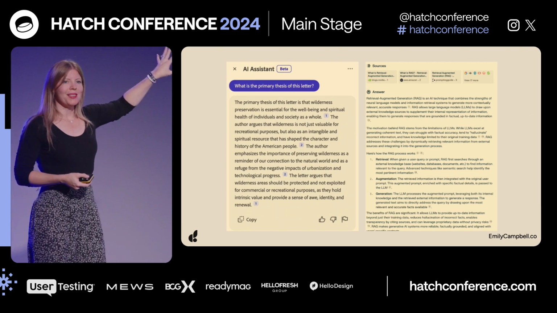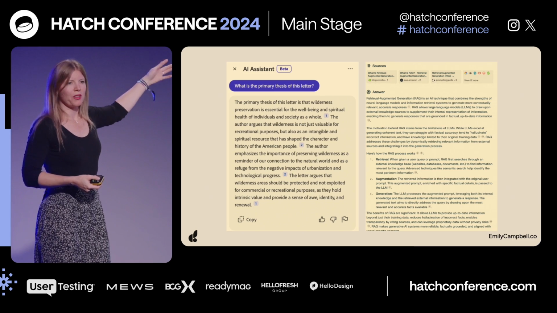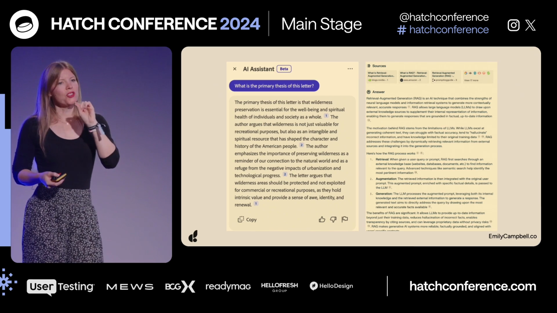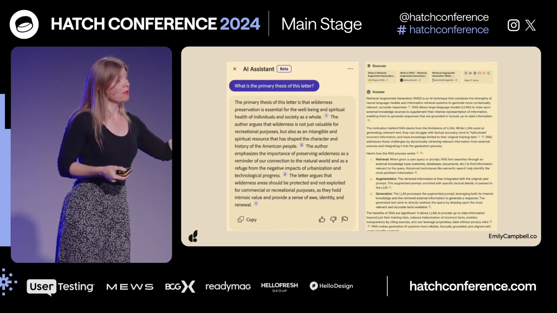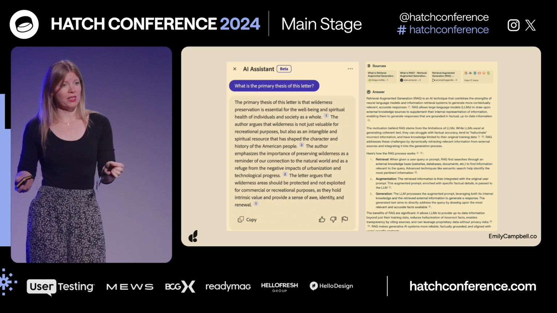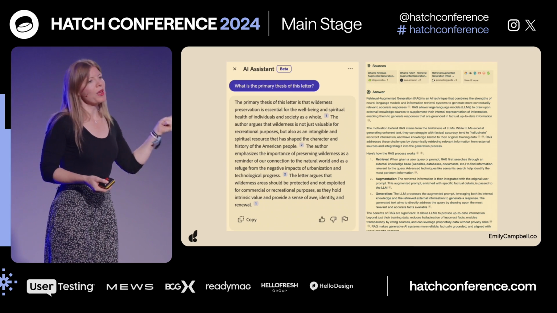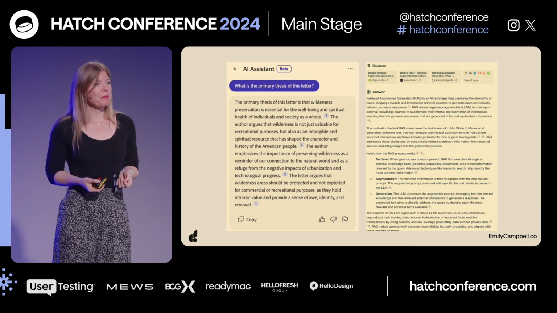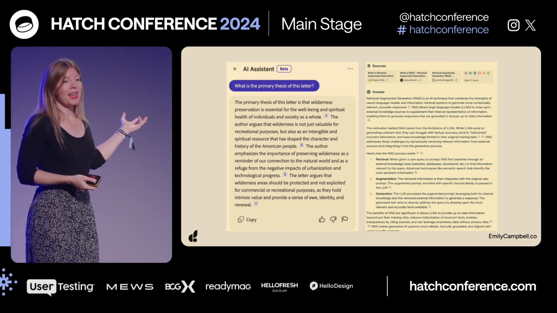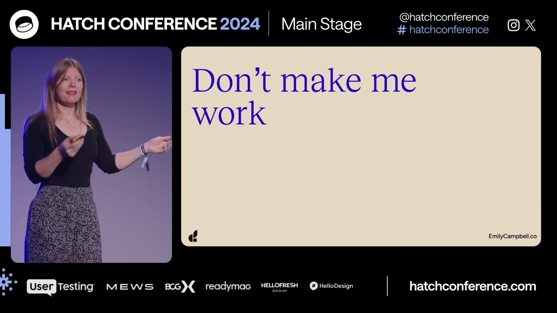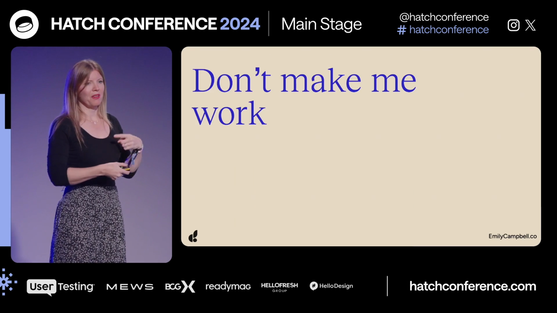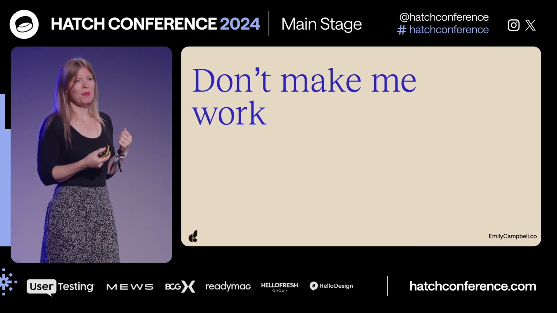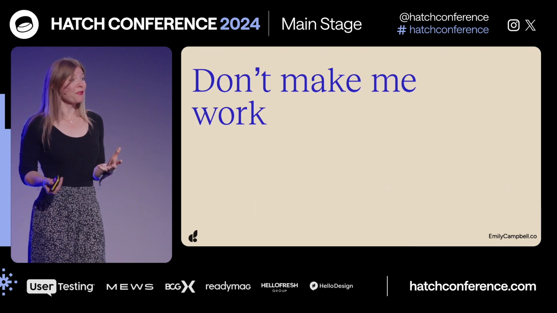Another pattern we're starting to see is this showing your work, the citations that I mentioned earlier. Again, if my goal is to get information that is credible, getting the information part is fairly easy right now with Google, but knowing whether or not it's credible is quite difficult. That takes quite a bit of work, and it can be hard for people to know how to do that well. Well, here, the AI does it for me, and that actually starts to expand the way we think about this. Maybe it's not just don't make me think. Maybe it's also, well, maybe don't make me work as hard, because that's friction too.